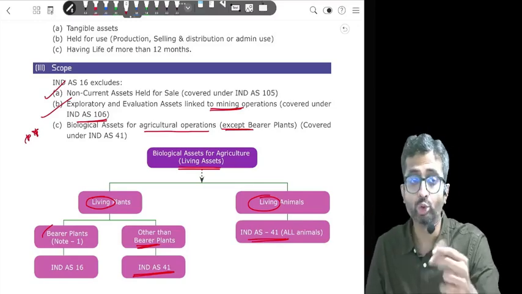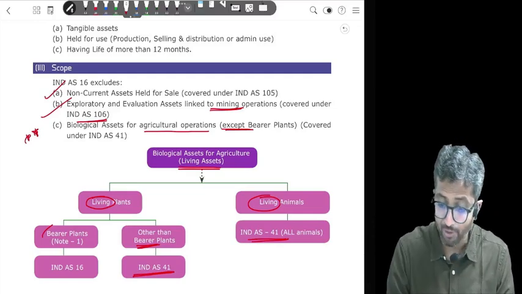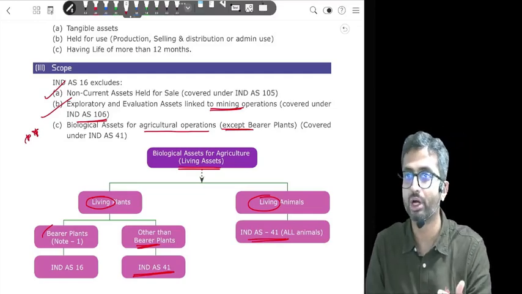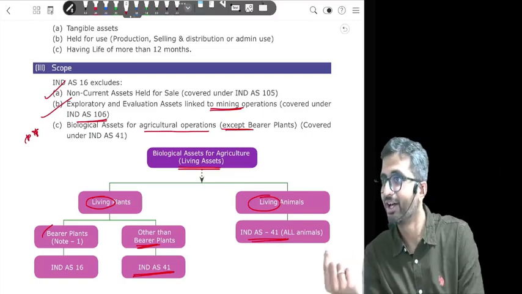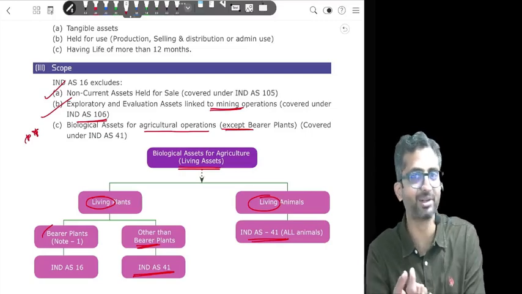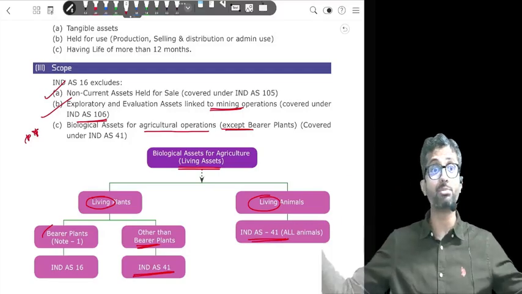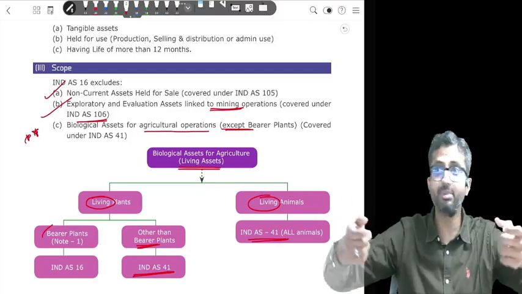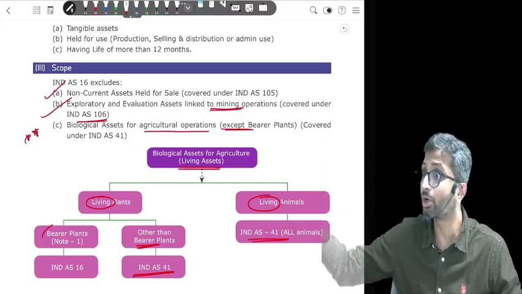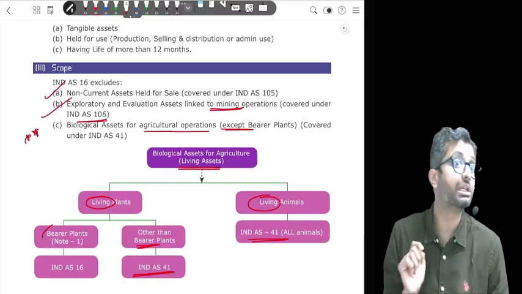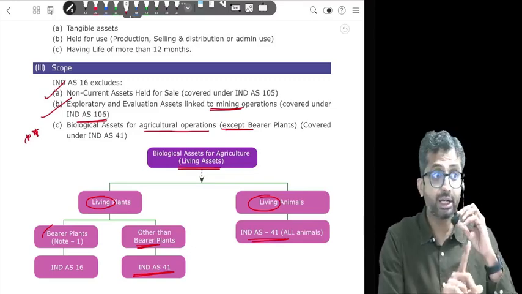Point 1. Point 2 is some losses or expenses are after the asset is ready for use. For example, when Jio started, a lot of you might have Jio SIM cards. Why did you start with a Jio SIM card? Because initially everything was free. So Jio started. Now Jio will have a very big fiber optic network, a very big cable telecom network. Acha, was that telecom network ready for use? Yes, but they were not charging you anything. They were incurring losses. Okay, let the customers first install that SIM card. They did not charge you anything.